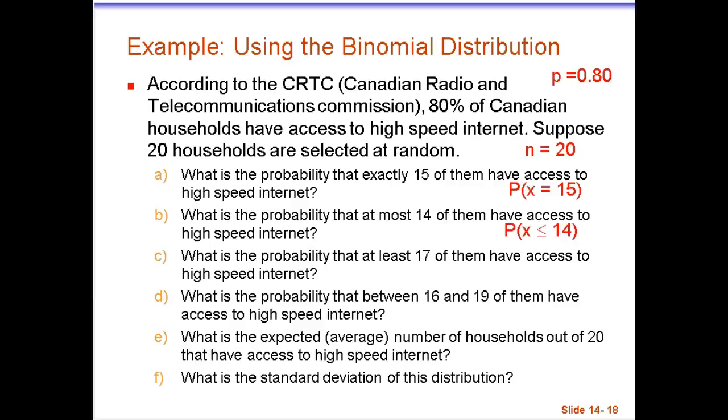The next part of the problem is asking us for the probability that at least 17, which mathematically means 17 or more, and part D of the question, find the probability that between 16 and 19. So we want to know the probability that x will be less than or equal to 19, but greater than or equal to 16. Now going to Minitab,